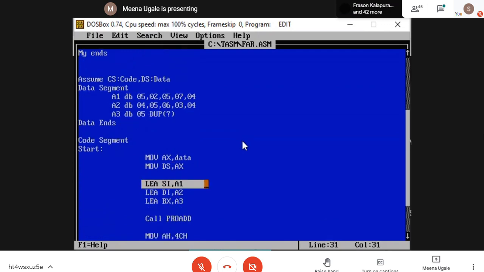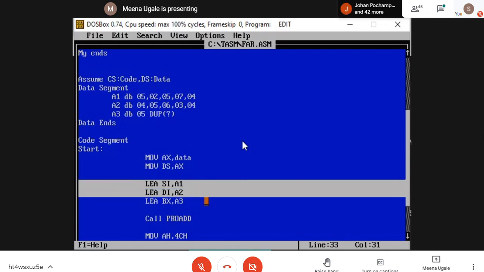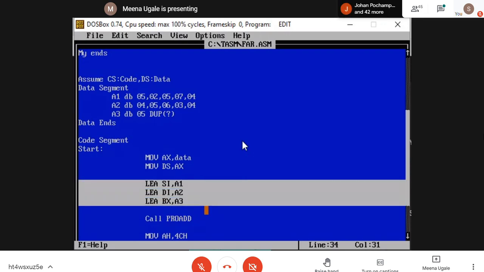I am loading the effective address of A1 in SI, A2 in DI, and A3 in BX. So what will happen? These three registers, SI, DI, and BX, will act here as pointers to the locations. So first I want to get the number from SI, I want to get the number from DI, and the addition of these two numbers I want to store in BX.